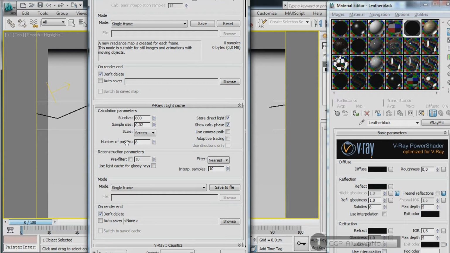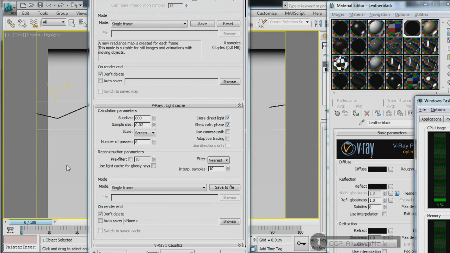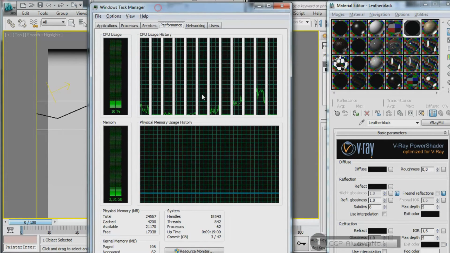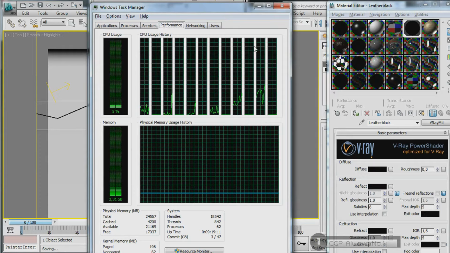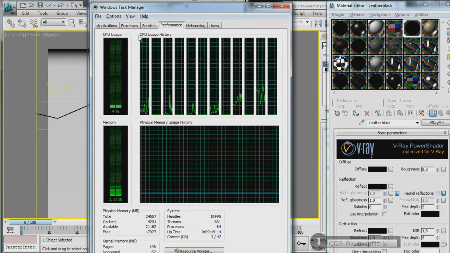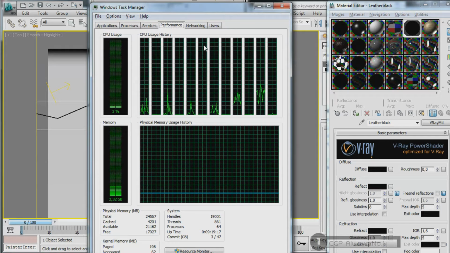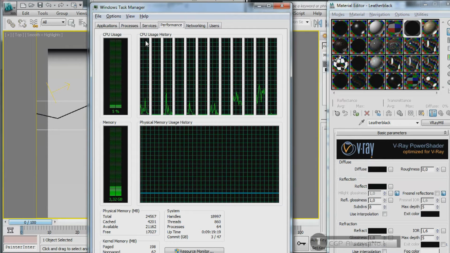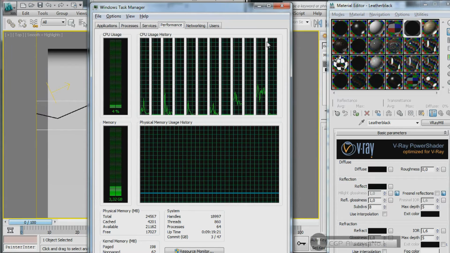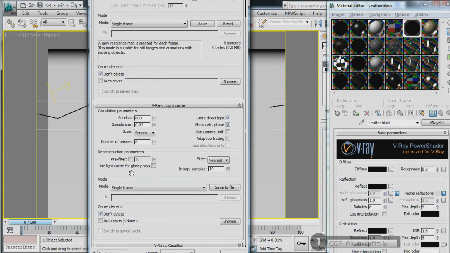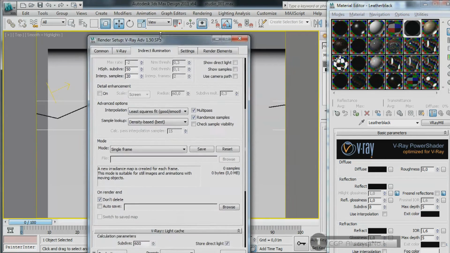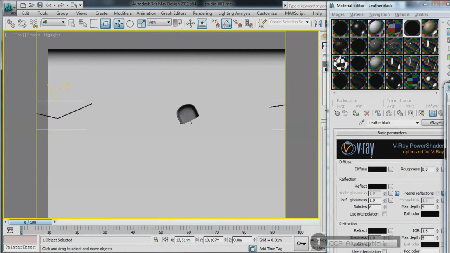And here we have the number of passes. That's important to know how many passes you should set up here. In my case, I have 12 cores on my CPU, actually 6, but we have like sort of HT technology in the i7, so we have 12 threads. So I will type 12, so we can use the 100% of the CPU power during the light cache calculations,